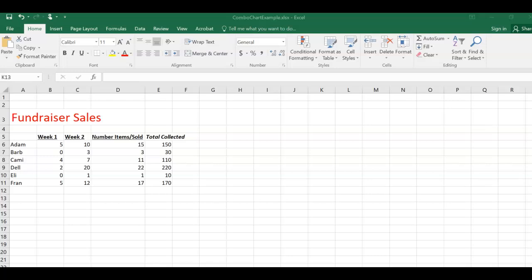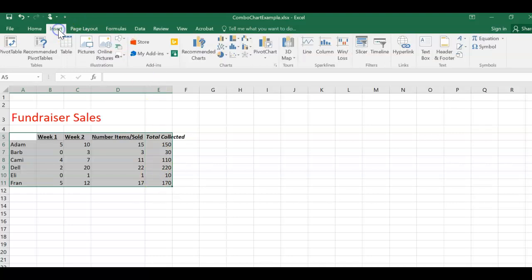So as a review of charts, here is a short video going over how to create a combination chart and then just talking about the parts of a chart. So quickly, I'm going to grab this data to create a combination chart, and I'll explain why it's a combination chart in a moment. Insert. It's not one of the choices, so I'm going to go to the More Charts button